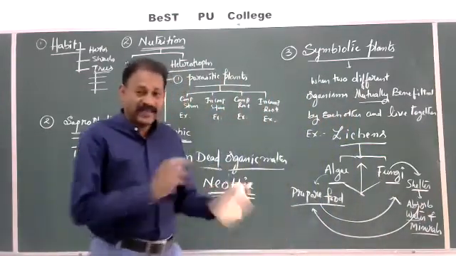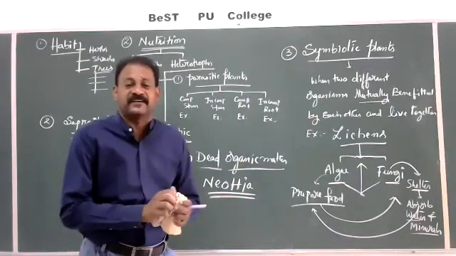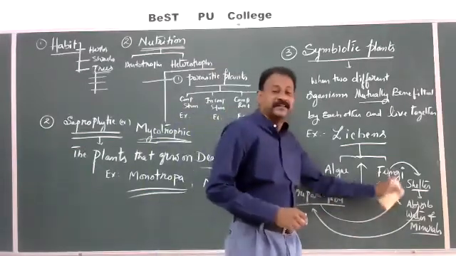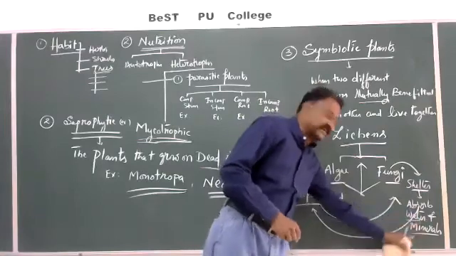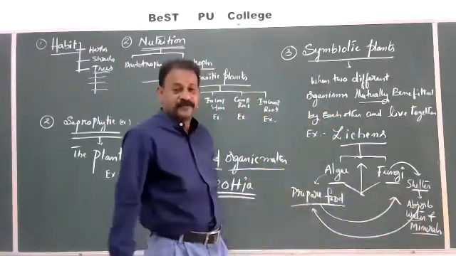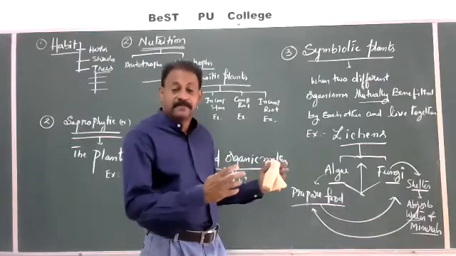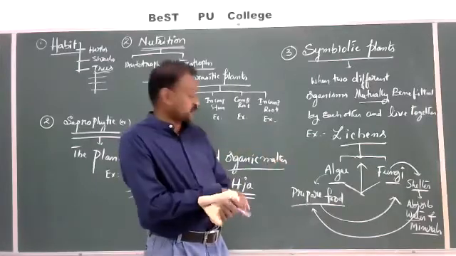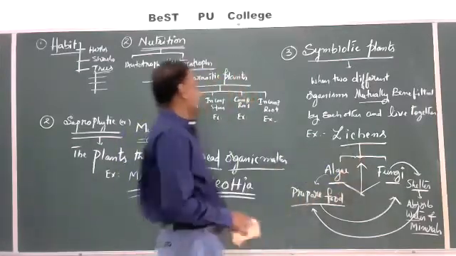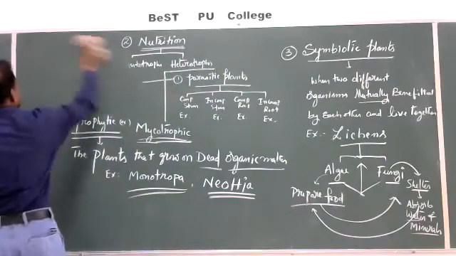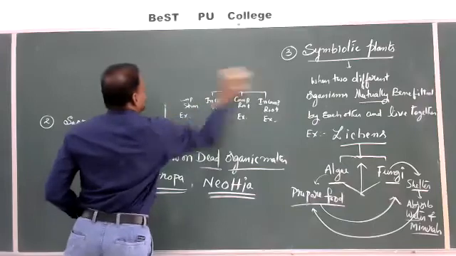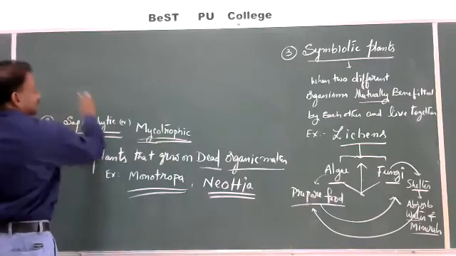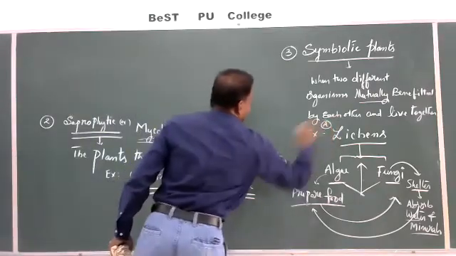So mutually, with some understanding, each is benefited by the other. Algae will prepare and supply food to the fungi. Fungi will give shelter and also water and minerals. So this association is called mutual association, symbiosis. Sym means united. Biosis means two living organisms, two different: algae and fungi in lichens. Like that, some other examples of mutualism, that is called symbiosis, you might have better studied in your school studies. This is the first example, lichen.